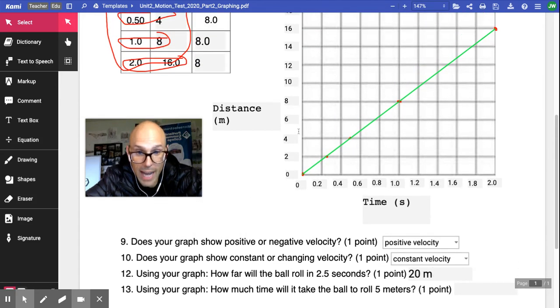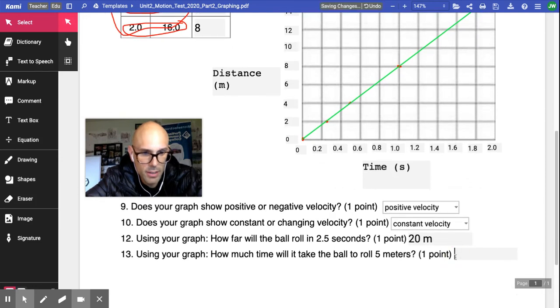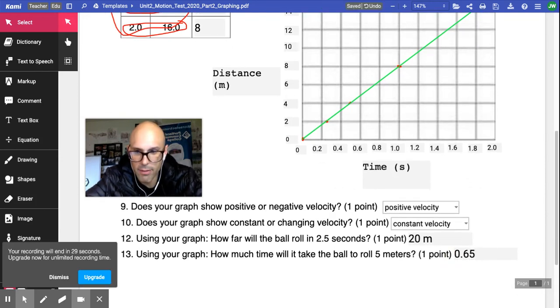And how much time will it take for the ball to roll 5 meters? Okay, so I just go over to 5 on the distance axis. Here's 4, here's 6, so 5 is somewhere in the middle. I go over to the graph, and it's about 0.65. And what are the units? 0.65 seconds. So how much time will it take the ball to roll 5 meters? We went up to 5 meters on the y-axis, we went over to the line, it's about